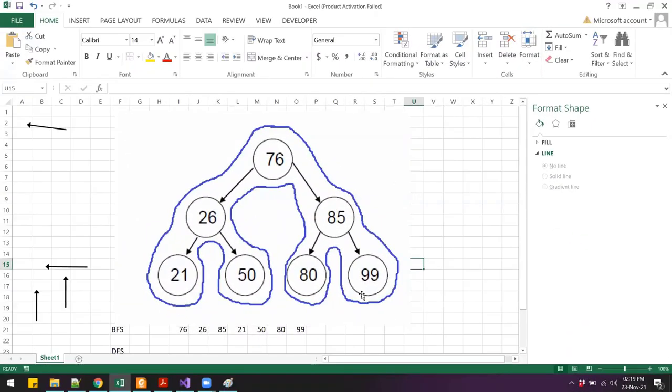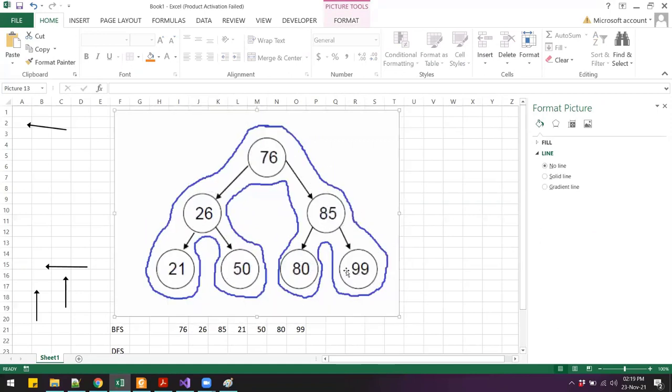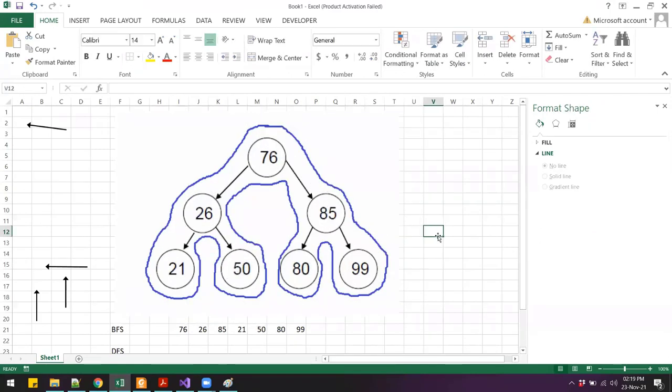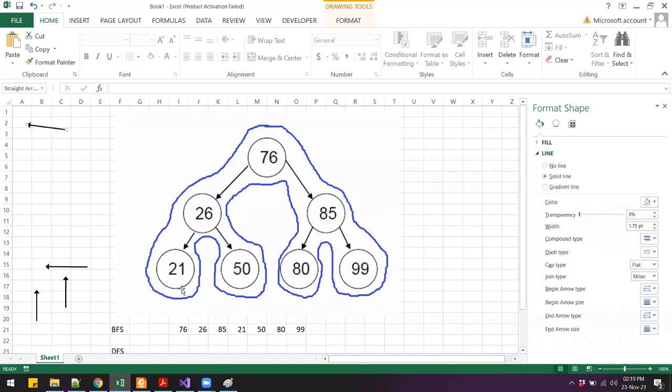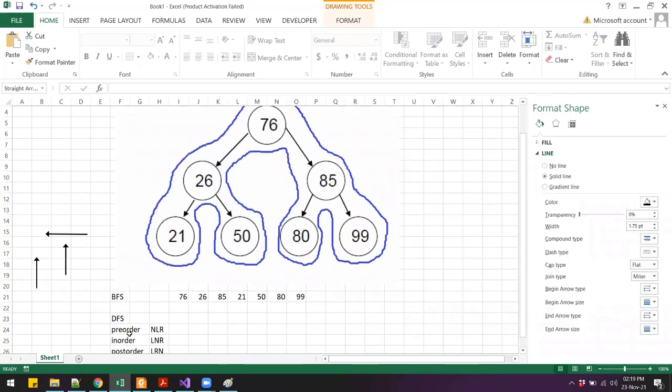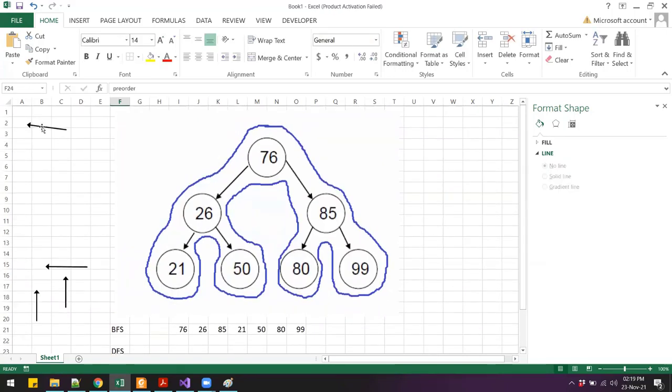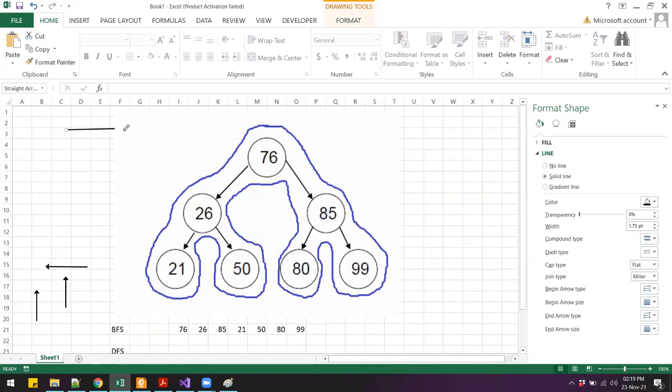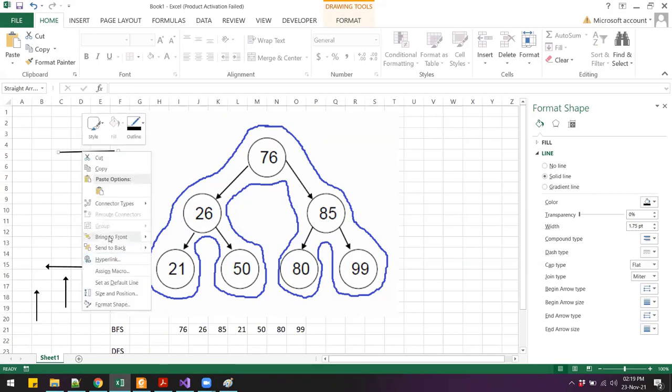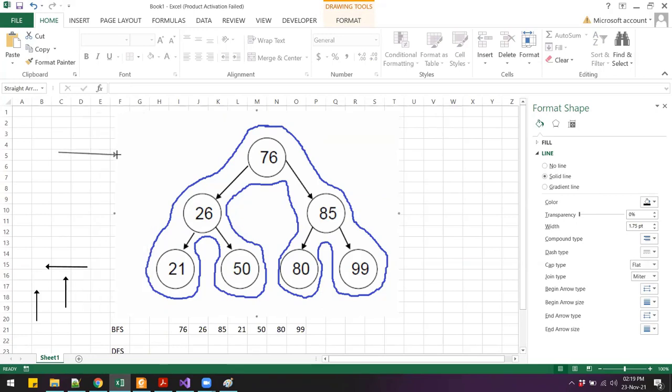Once you have drawn the line around the tree, then you will take your pen or pencil. If you want to print the data using the pre-order traversal, then you will take your pen and point it towards the right, something like that.